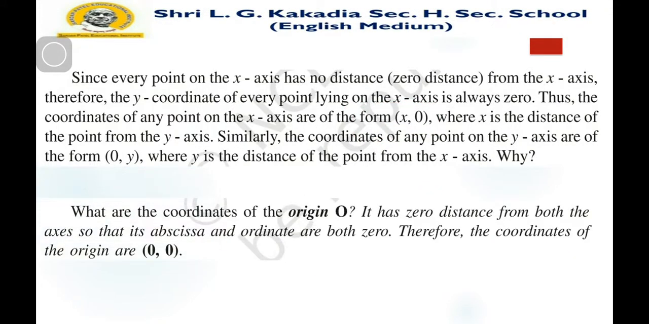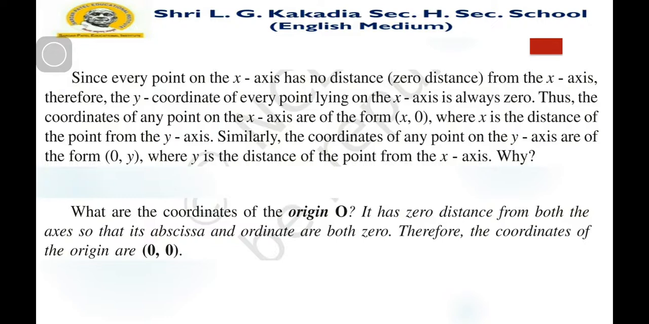What are the coordinates of origin O? Here we know that both axes intersect at one point, it is the origin of both the lines. So what about the origin O? It has 0 distance from both the axes. As you know, the origin has a 0 distance from both axes, so that its